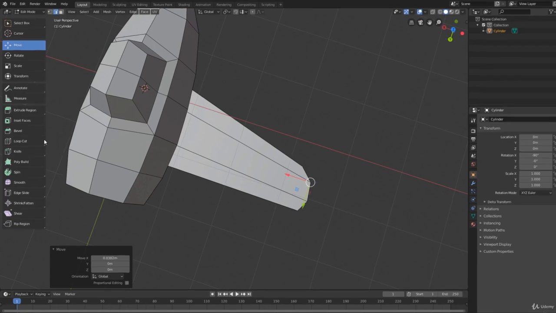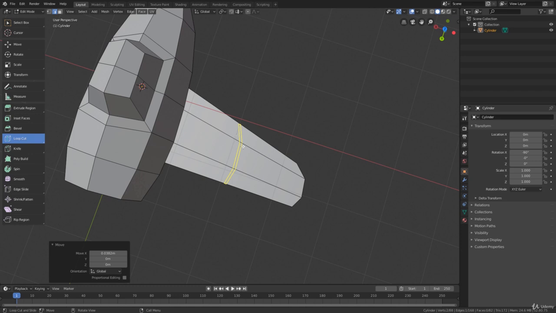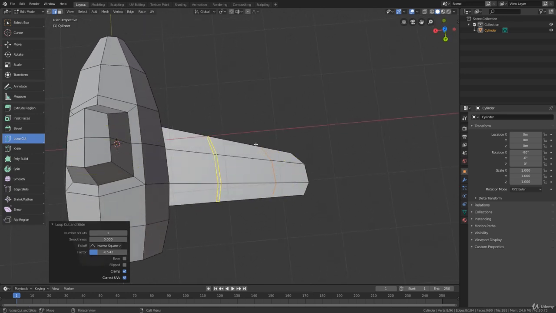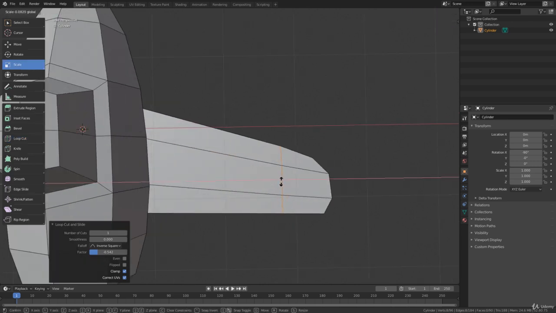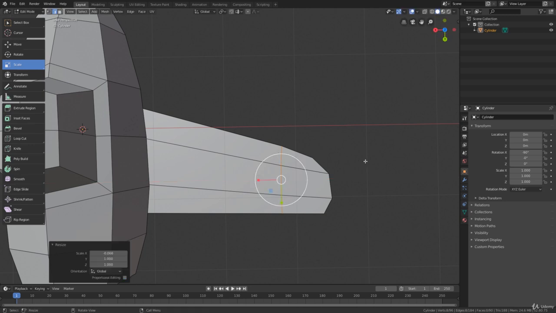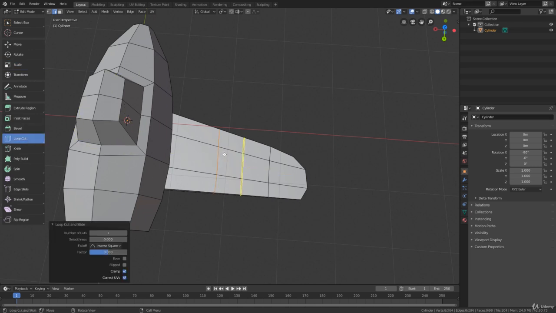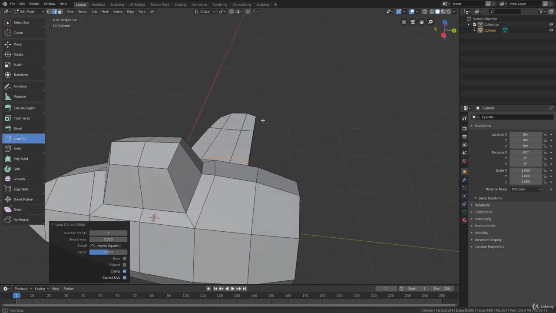Okay, so I'm going here in the toolbar and I'm going to activate the Loop Cut tool. And I'm going to click on one of these edges. Let me drag it to the tip a bit like this. This one I'm going to leave here, almost in the tip. And I'm going to select the Scale tool and scale it on the x-axis so that it gets straight like this. Okay. Now I'm going to activate the Loop Cut tool again and insert one more loop,